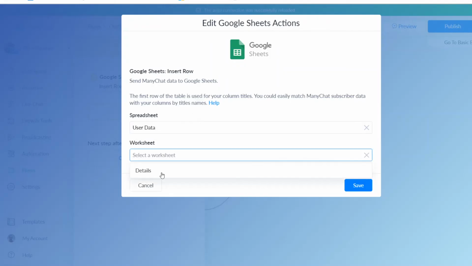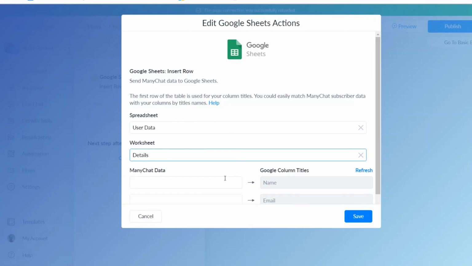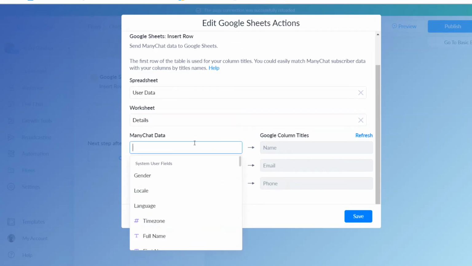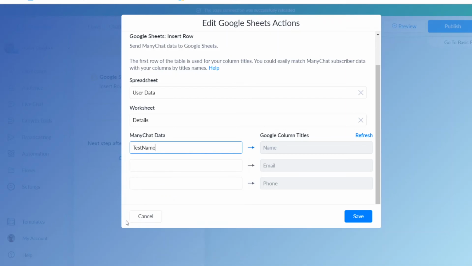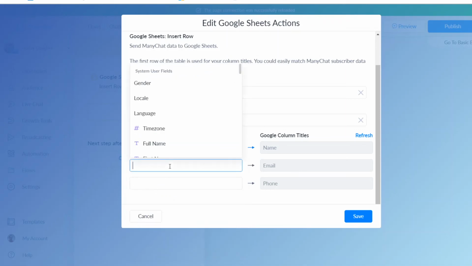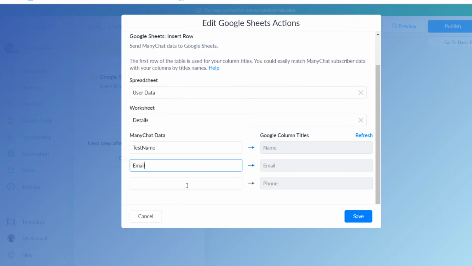Then we go to worksheet details, right? Now here we will give where we are storing data in ManyChat, and that will go to this column, right? So test name, right? Then email, then phone.